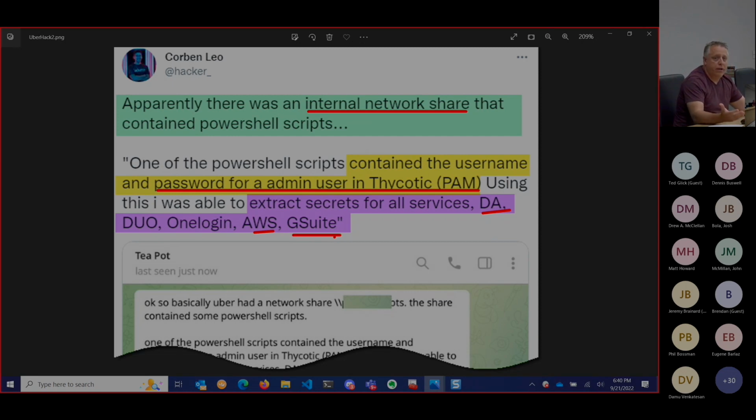Some admin or somebody created a script, put it on a network share, and for whatever reason left credentials in the script, whether they did it out of ignorance or temporary testing or whatever. And so there's a whole range of bad practices in this scenario here. And so we want to show tonight how we can secure our credentials in a vault and recall them on demand so that you don't have to put any secrets, any important credentials into a script and